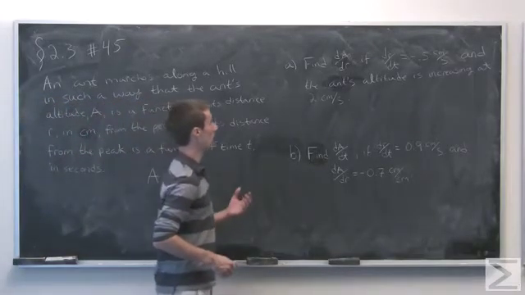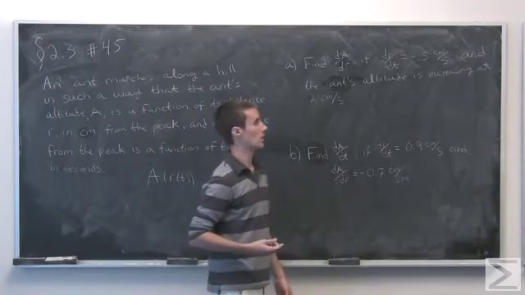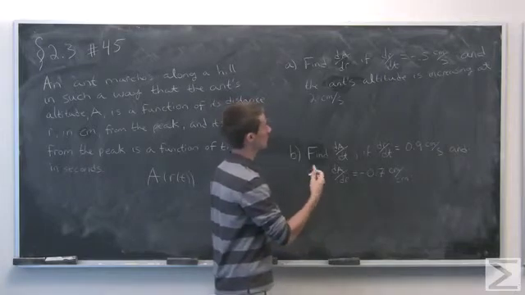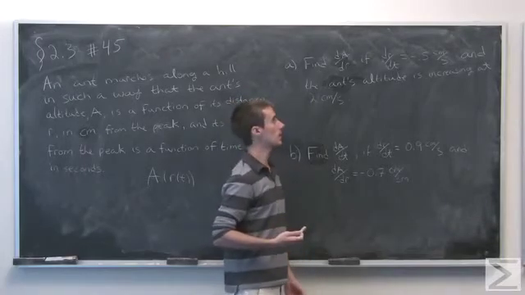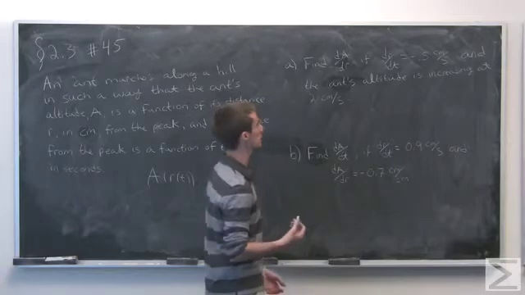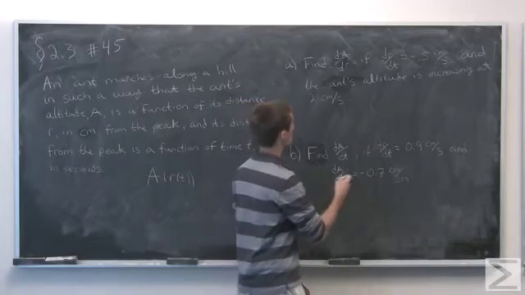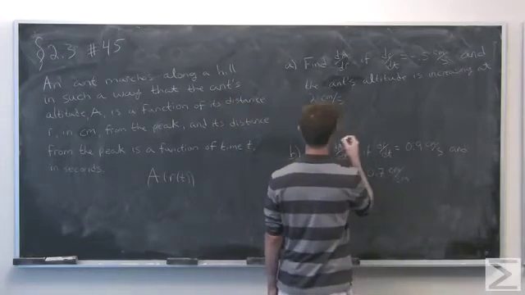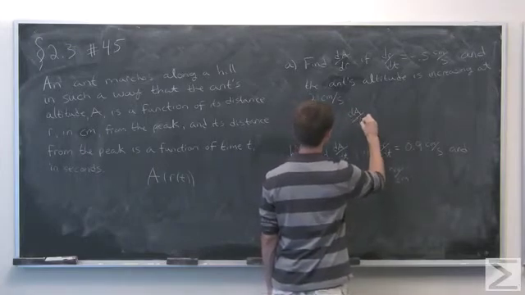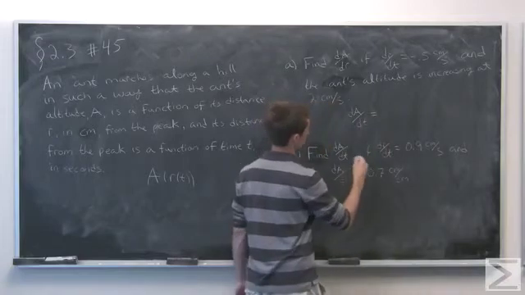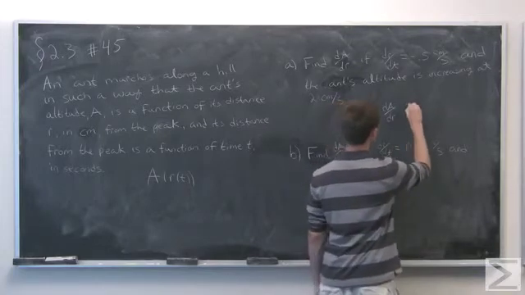Now, part A asks us to find the derivative of A with respect to r, the distance from the peak, given that the rate of change of the distance to the peak with respect to time is negative 0.5 centimeters per second, and the altitude of the ant is increasing at 2 centimeters per second. So we see that from the chain rule, if we write this using this notation here, dA/dt is equal to dA/dr times